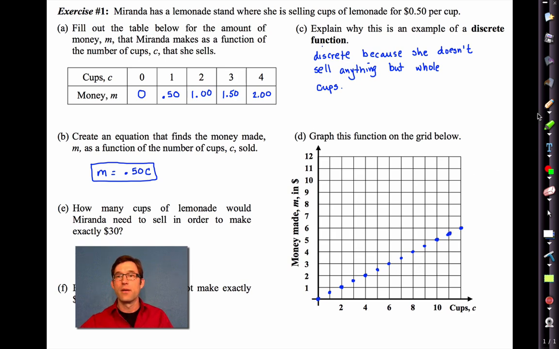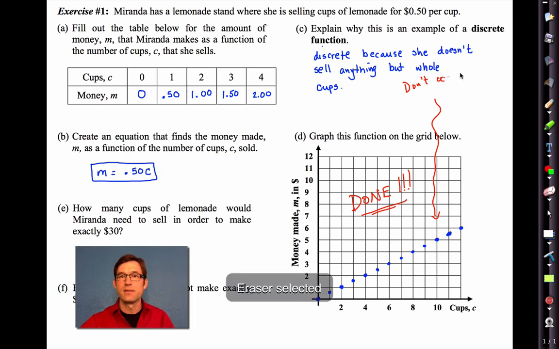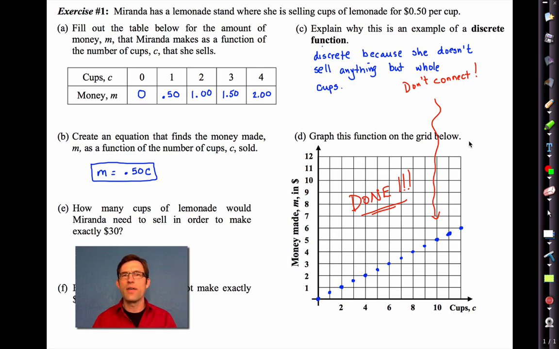I'm going to do it in red. We do not connect these. Do not connect them with a line. Don't connect. How about we'll just say don't connect? Sometimes my handwriting just doesn't get the job done. Don't connect. Once we connect, that makes the assumption that we will sell any number of cups,